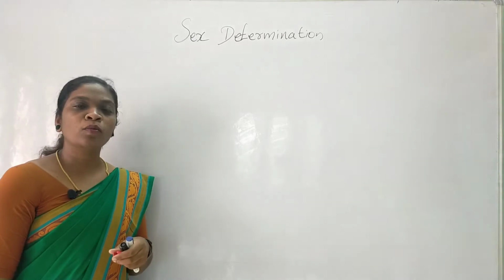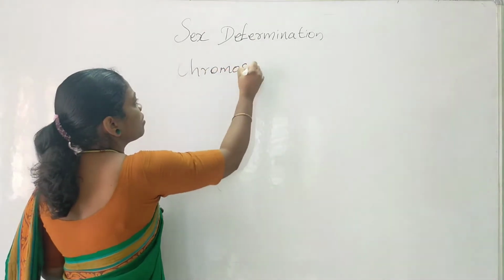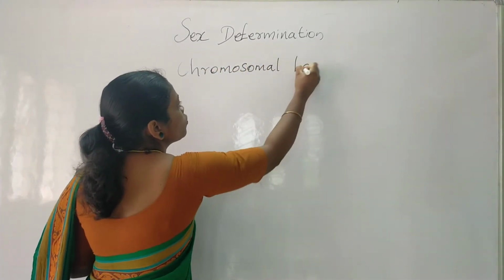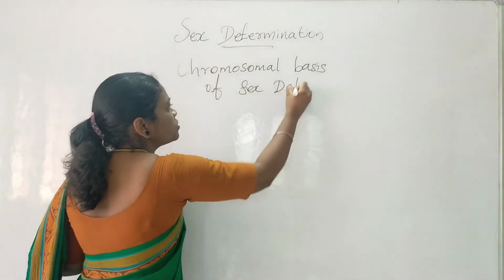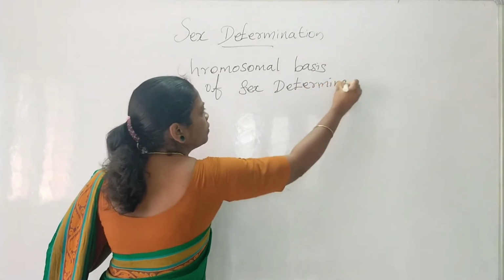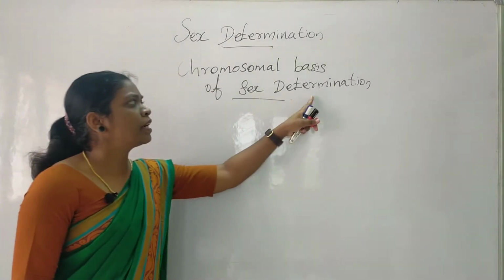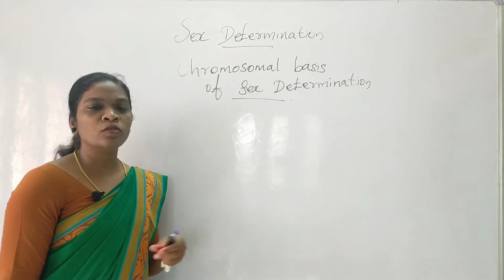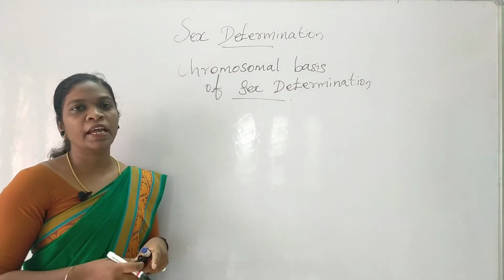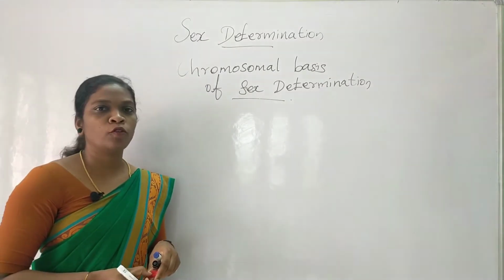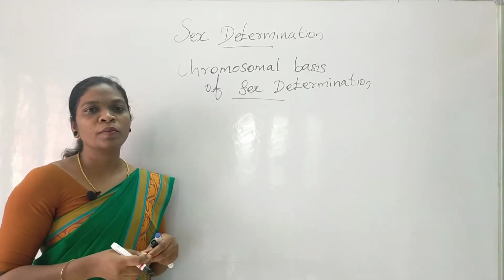Now, we will learn about the chromosomal basis of sex determination. It is determined based on the chromosome. That is why it is known as chromosomal basis of inheritance. We learned what is homomorphic sex and heteromorphic sex. Homo means they will have the same type of chromosome. Hetero means they will have a different set of chromosomes, in the sense X and Y chromosome in case of male.